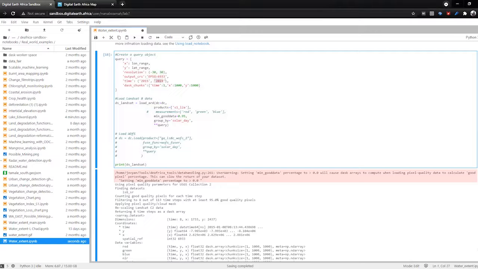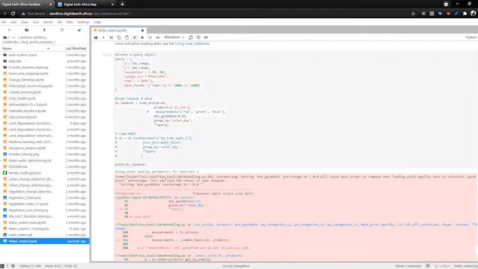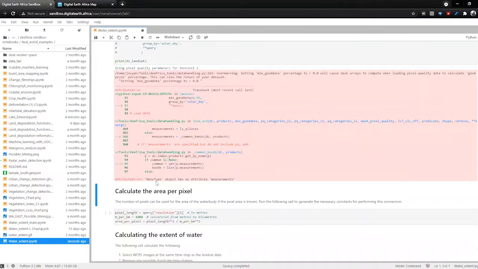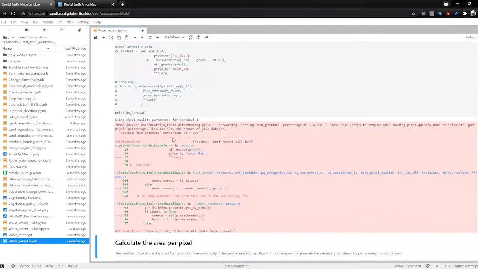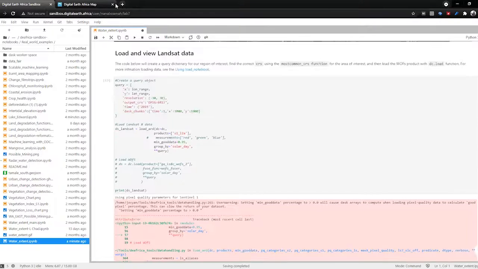Let me reduce this, let's use only 1 year so that it can actually load fast. So, NoneType object has no attribute measurement. Okay, let me get the name correct. So right now I want to get the name of the Sentinel, I think, the name of the Sentinel, I have